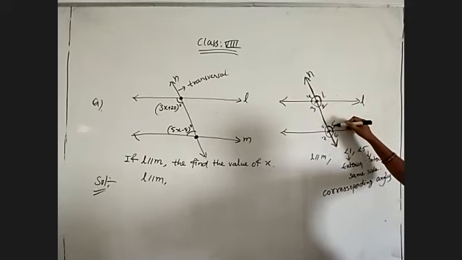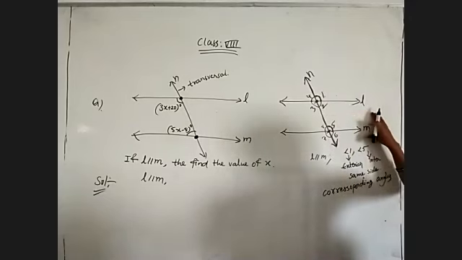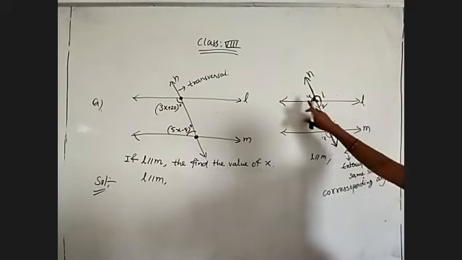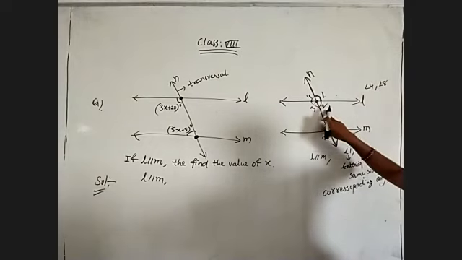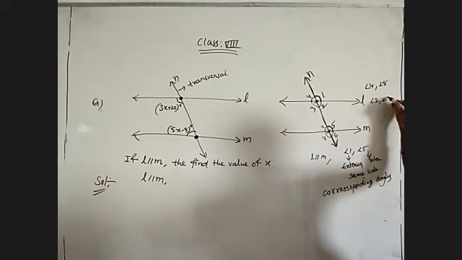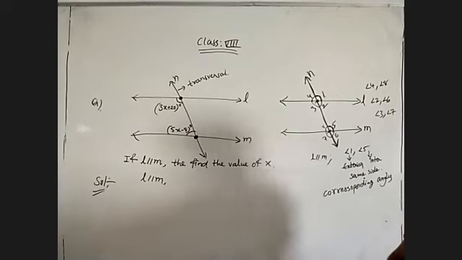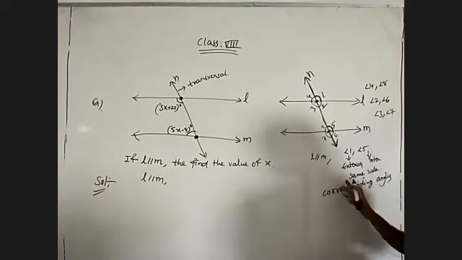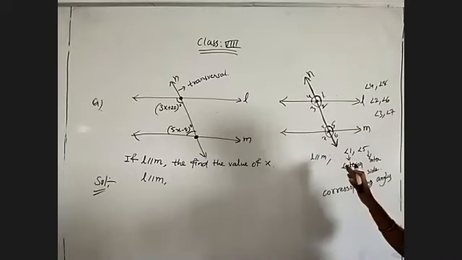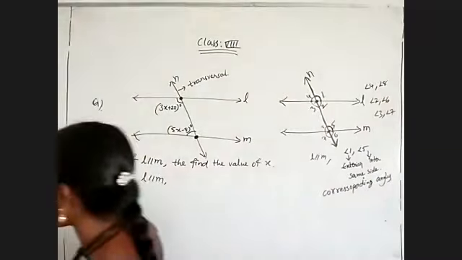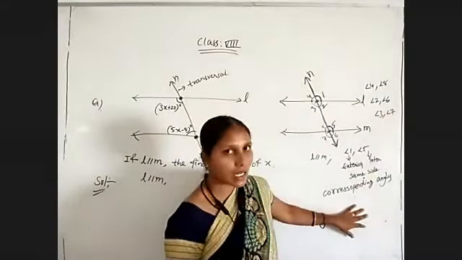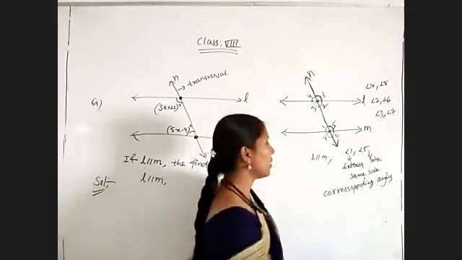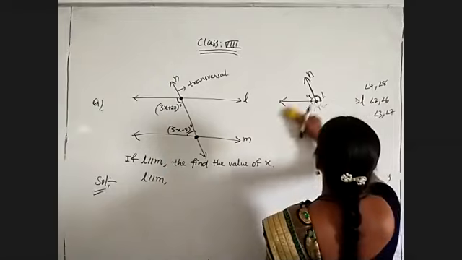So 1 and 5 is one pair of corresponding angles for this figure. Like that, how many pairs are there? Angle 4 and angle 8, angle 2 and angle 6, and angle 3 and angle 7. All these are corresponding angles, a pair of angles lying on the same side of the transversal with one interior and one exterior. Now coming to the alternate angles. In the case of parallel lines, corresponding angles are always equal.